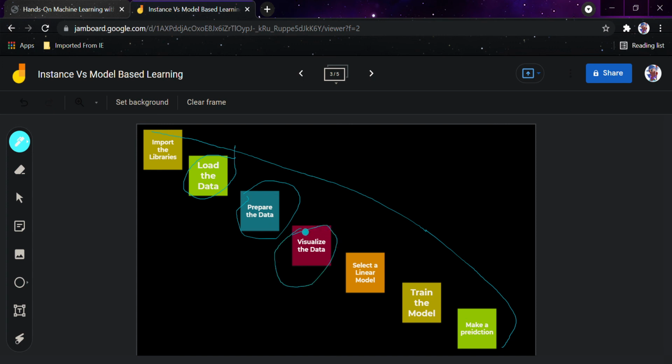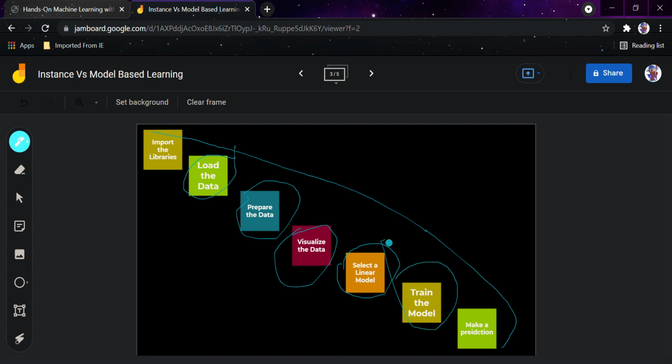I told you in my previous to previous video that a graph is plotted of the data. We plot a graph, or we basically plot an image visualization of the data that has been prepared, to see what is the generalization and what are the classes and all. Now at last we select a model. It can be linear regression, it can be any linear model you want to choose. And then after that you train the model.